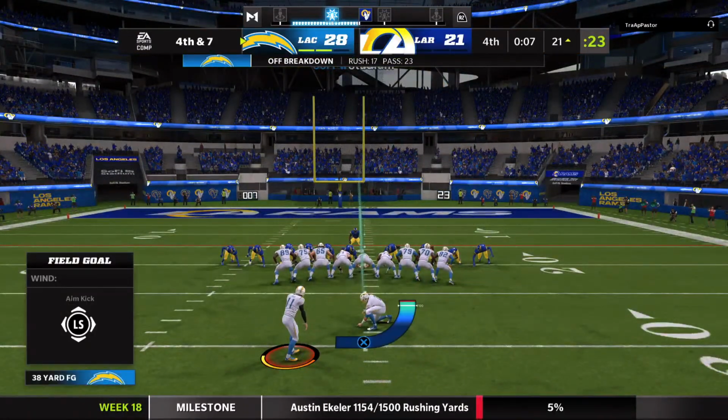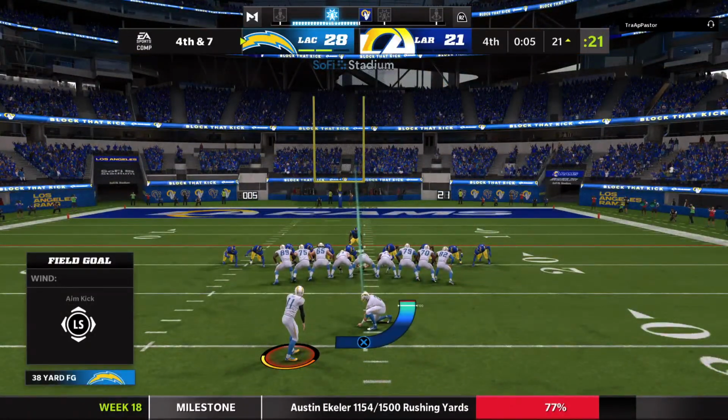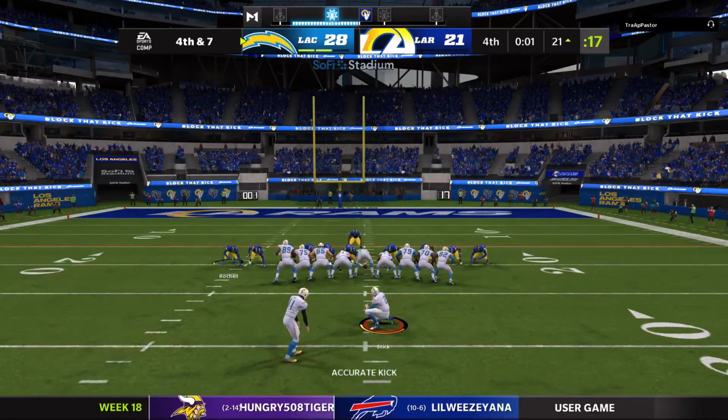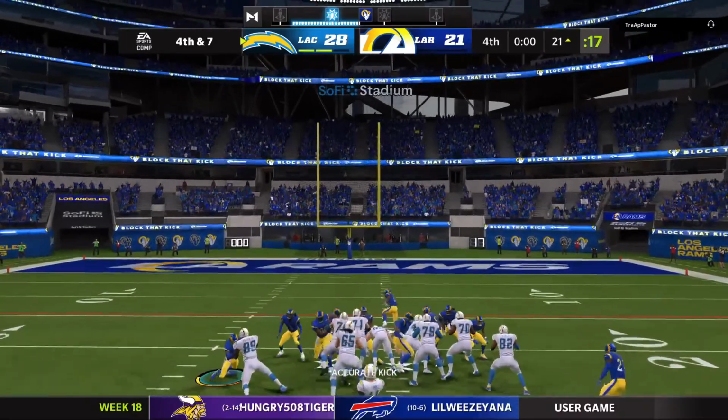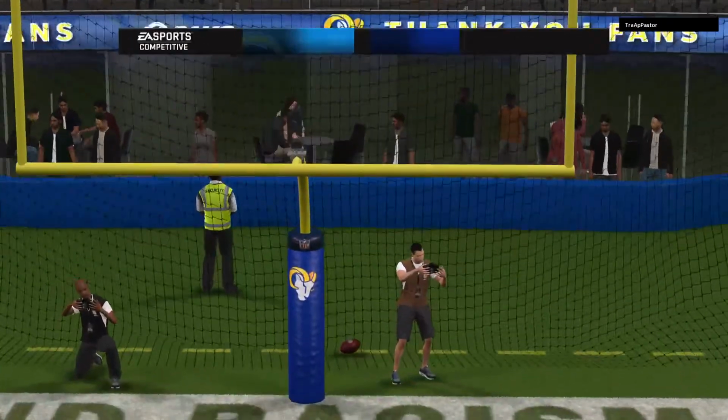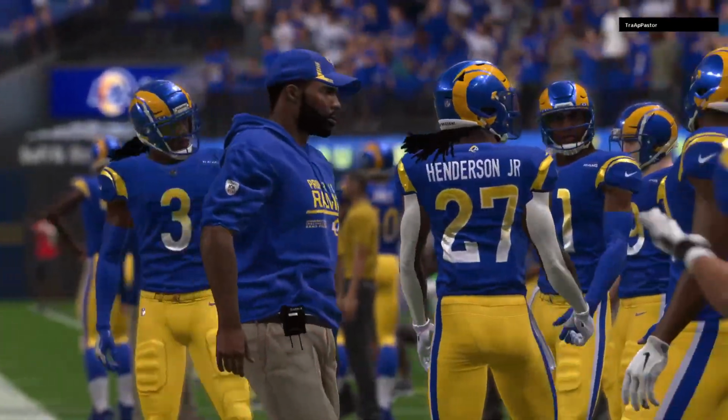Well, praise has to go to the guys on the offensive line because they've had a very nice, productive day running the football. How about that poor defensive line? They've been knocked around the entire game, and while they slowed them down on that run, can they continue to do so? Because they haven't had much success throughout this ball game. So this one's